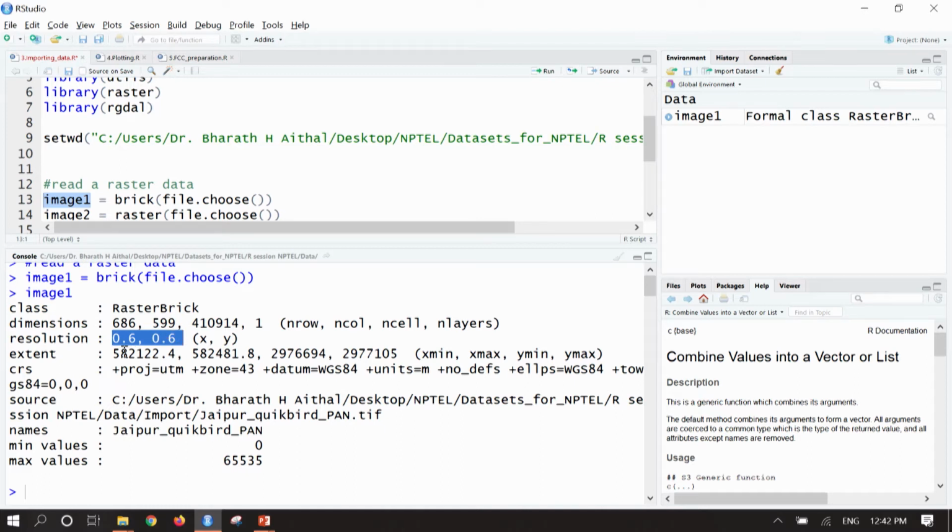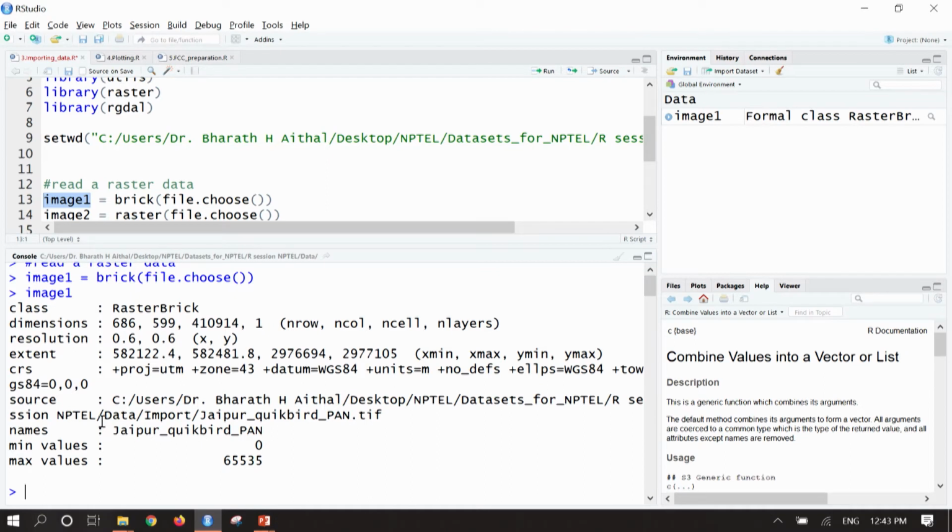It also gives the extent, the left, right, top and bottom, latitude and longitude, or x minimum, x maximum, y minimum and y maximum. It also gives information such as the projection system is UTM, zone is 43, and datum is WGS 84.